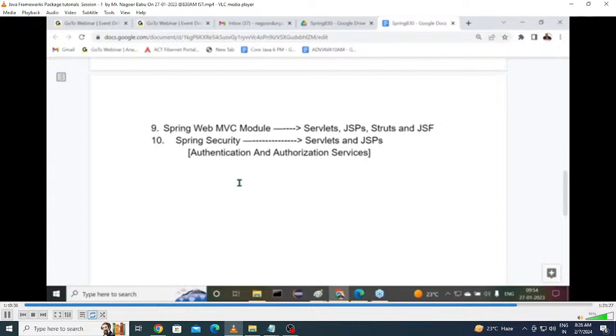Which version of Spring Boot are we going to discuss? Observe carefully. In Spring Boot, the recent version is the 3.x version. The 3.0 version is available, but I will start programming with the 2.x version. After that, we will go for the 3.x version applications.